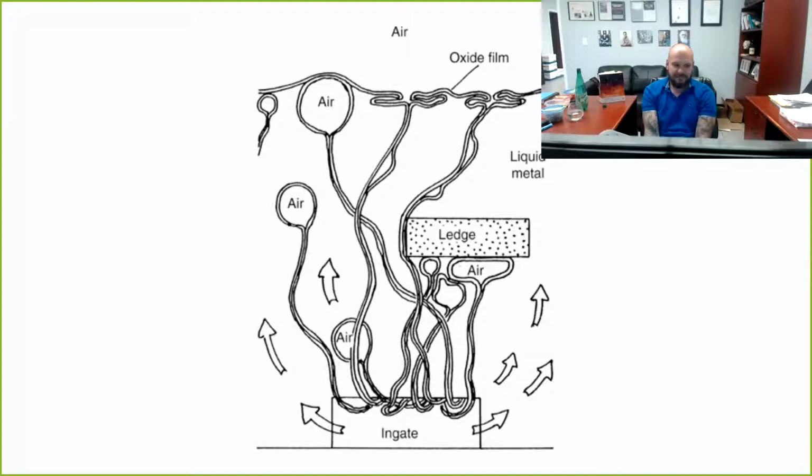In this image, what we see is the ingate of a casting and air bubbles rising up through the melt. And behind that air bubble is that oxide film trail being left in the wake like we looked at and talked about. What you're going to notice now is this is the creation of millions of multiple leak paths through the entire cross-section of your casting. These pop up when we do hydro tests and the casting starts to weep, and then you do liquid penetrant inspection and you can't even see it. So the inspector just circles it with a hole. You send a picture to the foundry, and the foundry says, what the hell did those idiots do? There's nothing wrong with that casting. Maybe they just made a machining error and they're trying to lie to me. And then everybody starts fighting because the foundry shipped a shoddy casting, right?